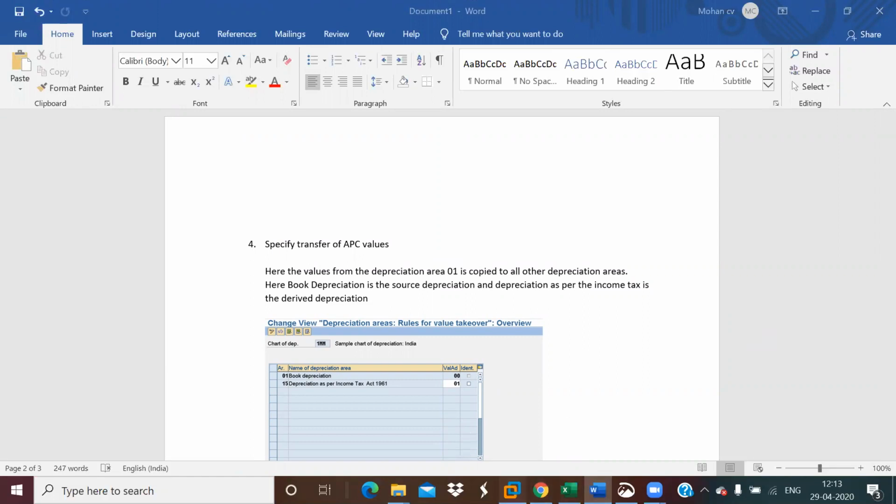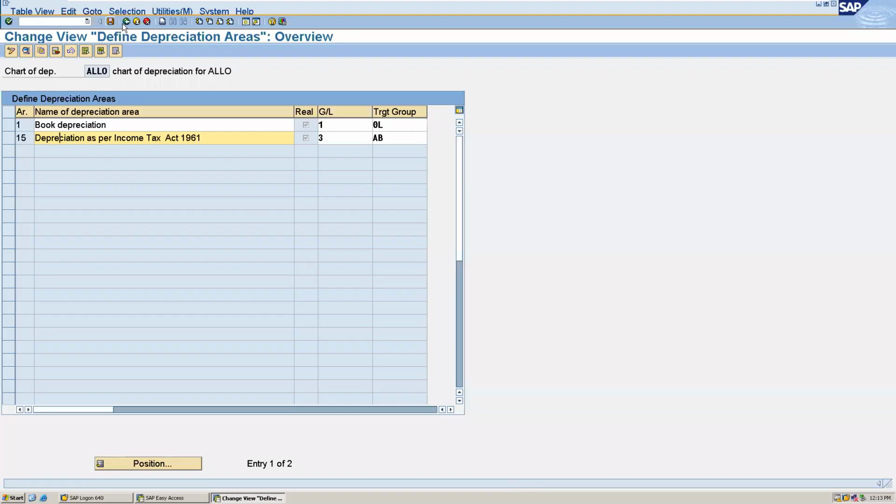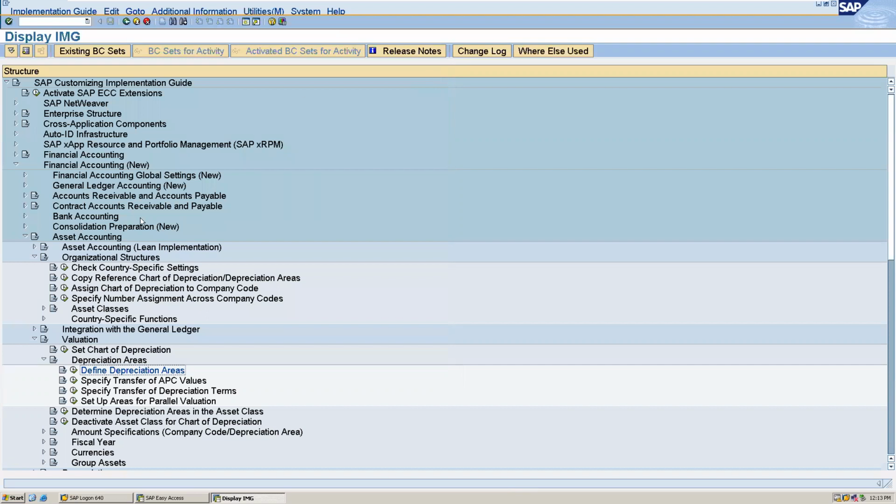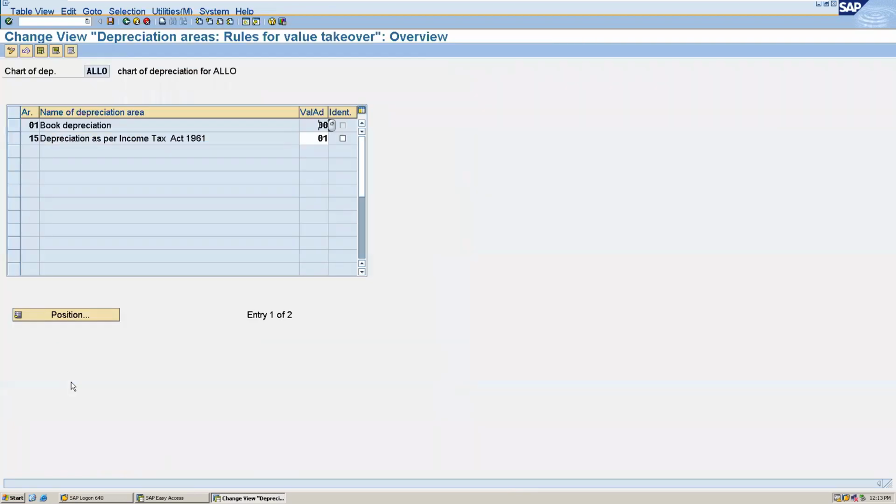Let's go to SAP. Go back. Here you can see specify transfer of APC values. Here you have to check whether the source depreciation has been copied to the derived depreciation.